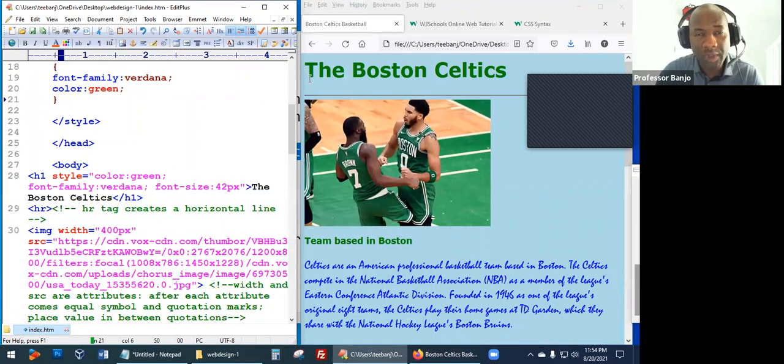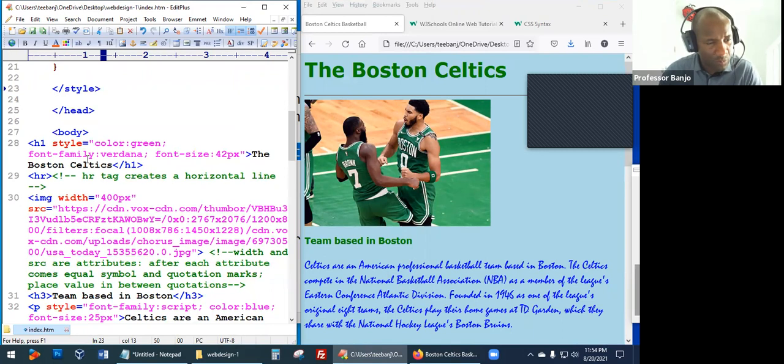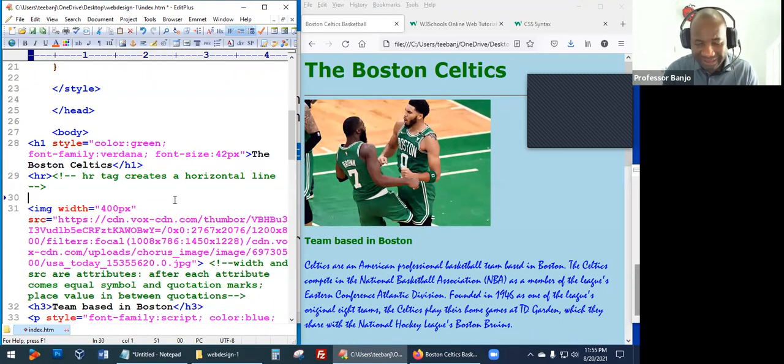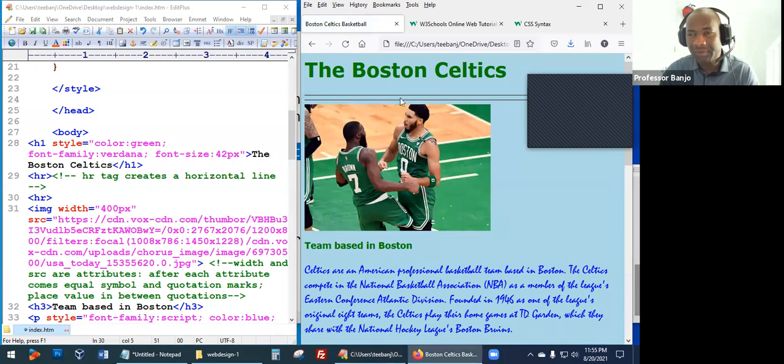Okay, so we want the links. We're going to place some links just right below this horizontal line here. So let's go here and place another horizontal line on line 30. Your code might be on different lines compared to mine. It doesn't really matter. I'm just calling out the line numbers to help you see where we're at, but you may not have the same line numbers as I have. Don't worry about that. So save, refresh the page, and now I have two